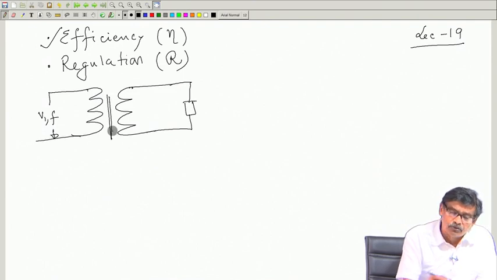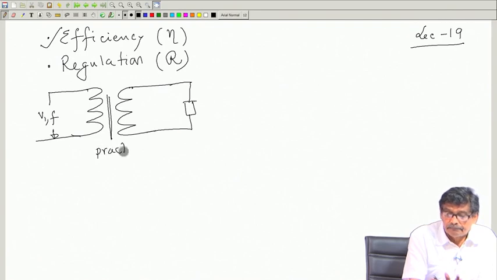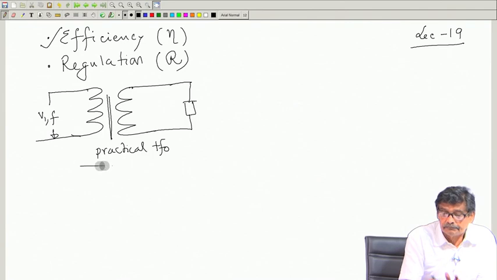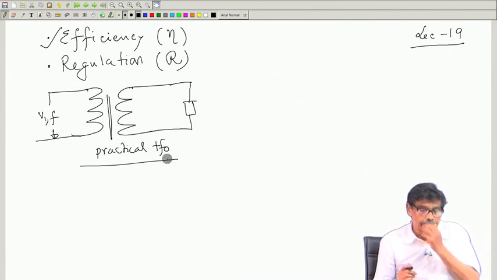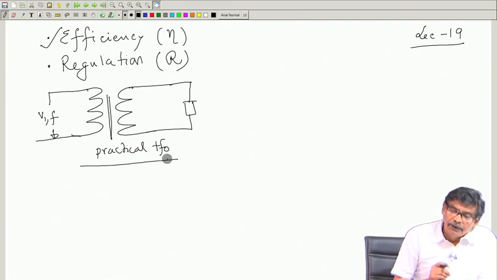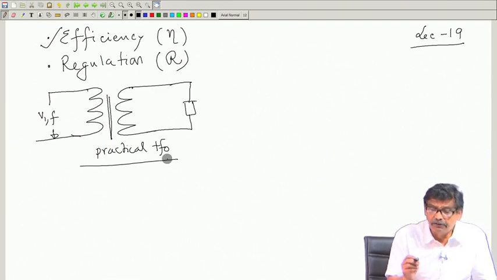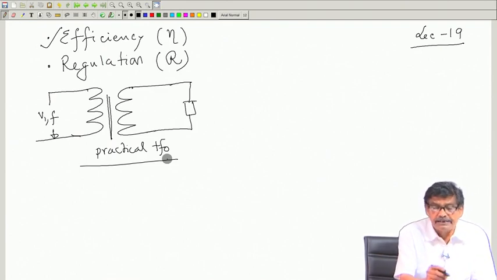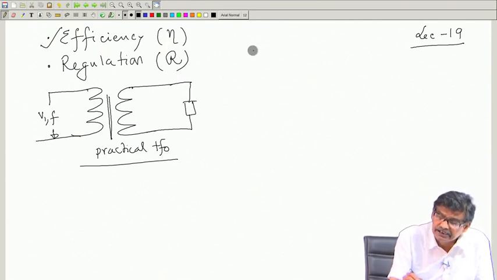There is core loss in a practical transformer. Now, before I tell you about the efficiency,